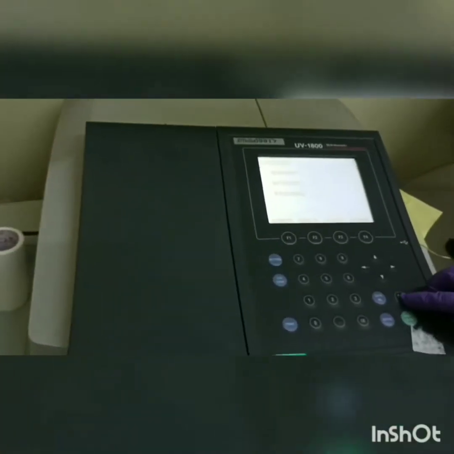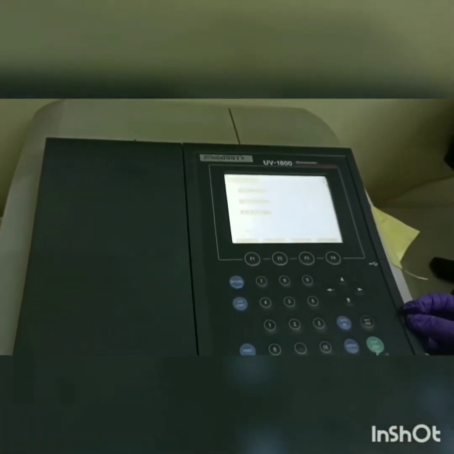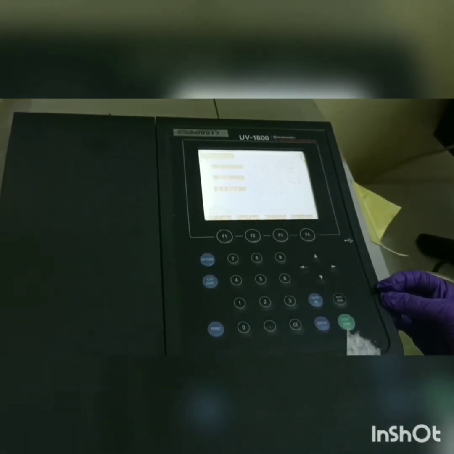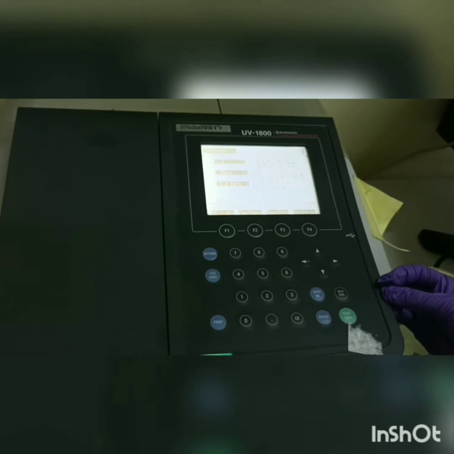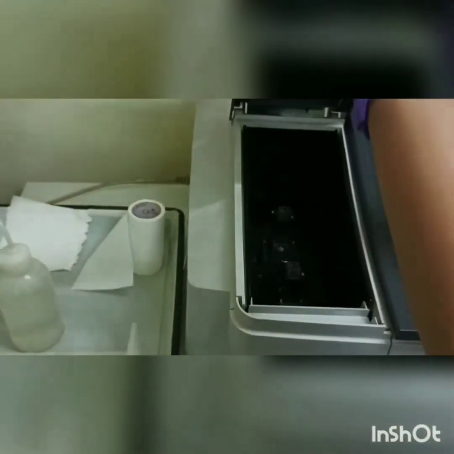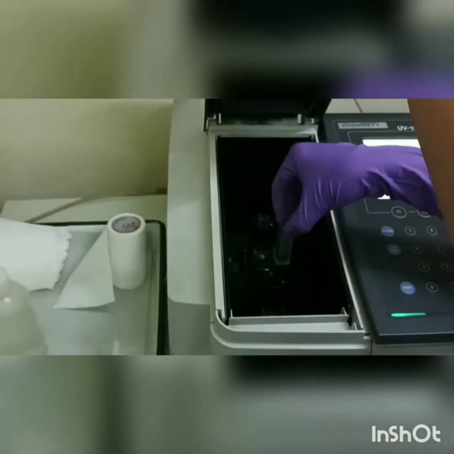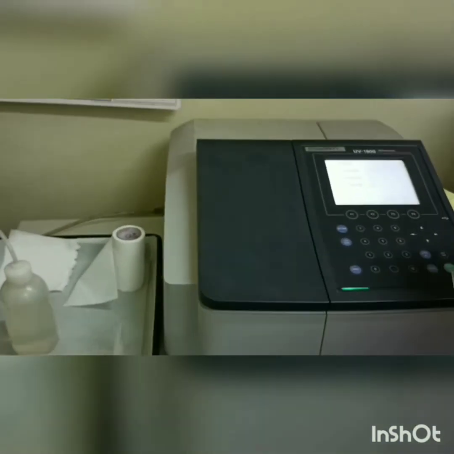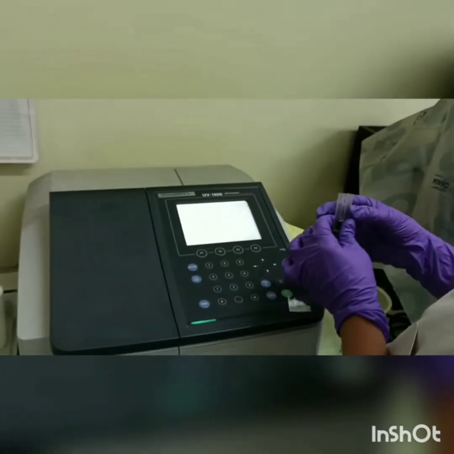Then again do the auto zero. After auto zero, remove the cuvette from the first slot. Do not remove the second cuvette. Discard the blank.